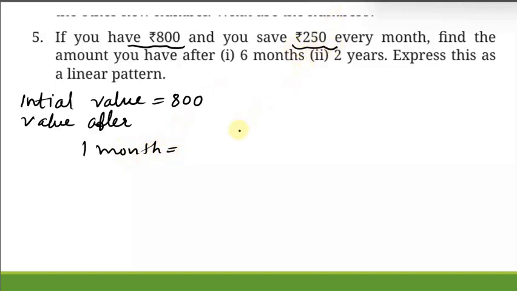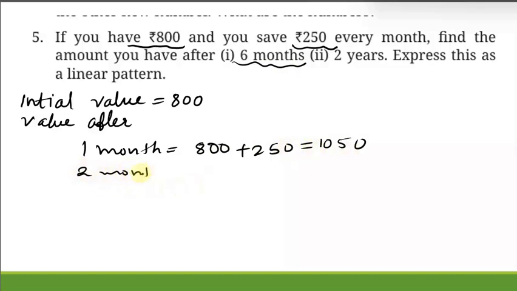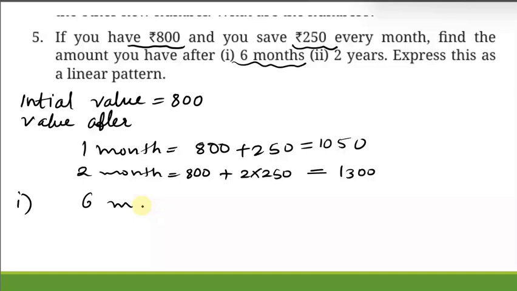You're saving 250, so 800 plus 250 gives 1050, right? Now after 6 months they ask. First month you would have 800 plus 1 into 250. Second month how will you do? Second month you will get 800 plus 2 times 250, that is 800 plus 500, which is 1300. Like this, if you go 6 months, this is your question one answer. The value after 6 months will be 800 plus 6 into 250. Sorry, 800 plus 1500, since 6 into 250 means 1500. You will get it as